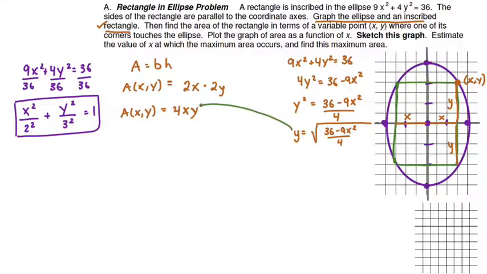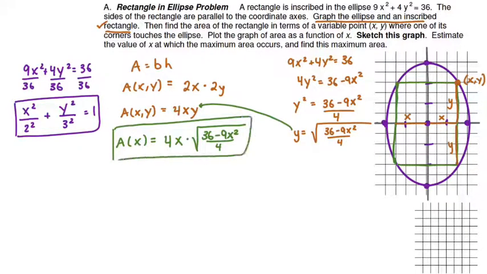But everywhere I see y in the equation for area, I'm going to replace it with that whole square root. So the area now, just in terms of the variable x, is equal to 4x times the square root of (36 minus 9x squared) all over 4. Remember that 4 in the denominator there is part of the square root. All right, so that is the equation for the area of the rectangle in terms of x